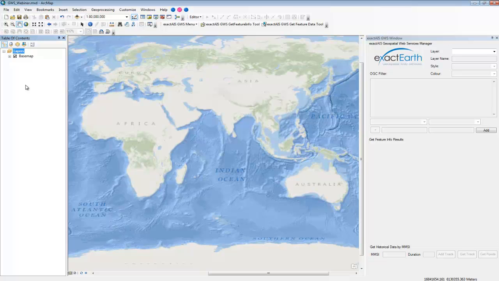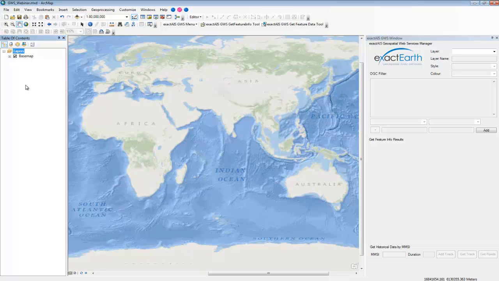Using a set of drop-down menus, users can choose how to style, color, and filter the GWS latest vessel information layers and add it to the map. The add-in also includes a built-in tool to identify geospatial web service information using the Get Feature Info tool. Users can click on any vessel or historical track to display its name, position, and destination information.